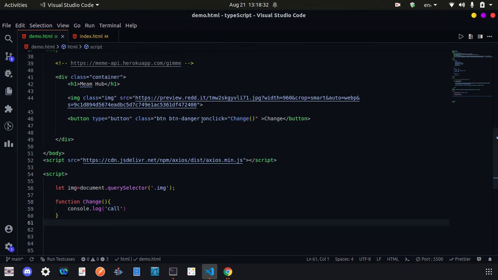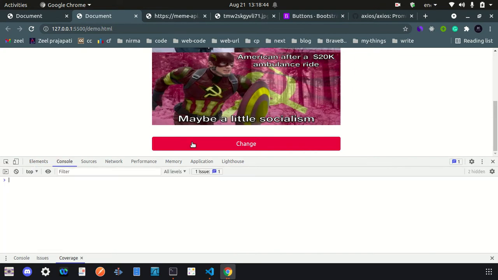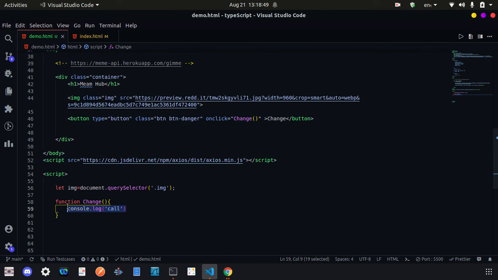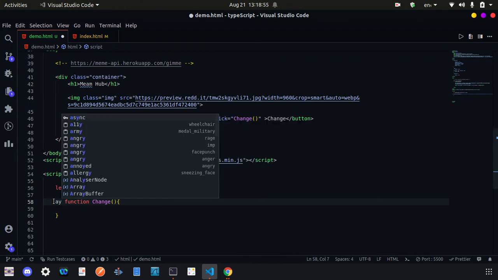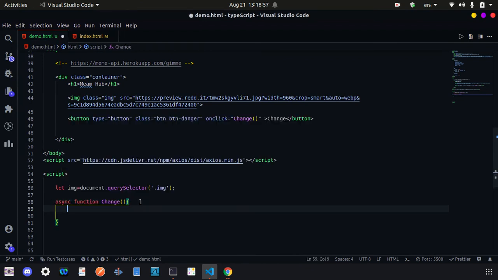Then we are going to call it on click, and here, okay, there is a problem in that port. Okay, now I think everything works fine. Yes, the function is calling. So what we are going to get first, and by the way, this will be an async function, because we want that API to give that output first.